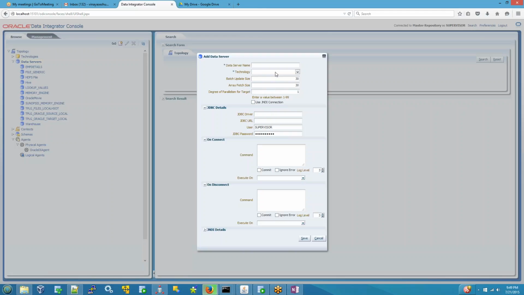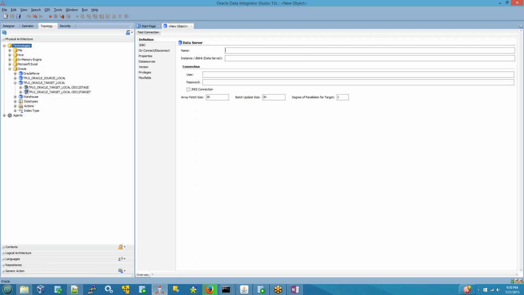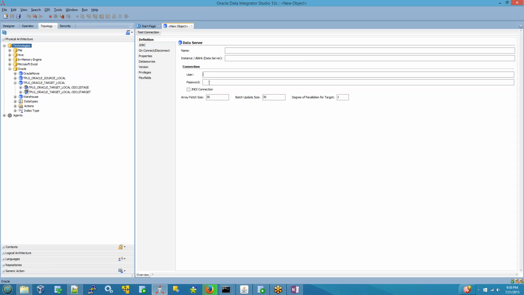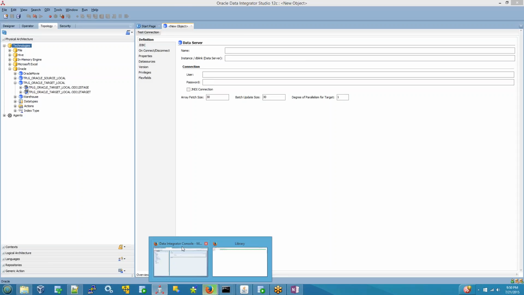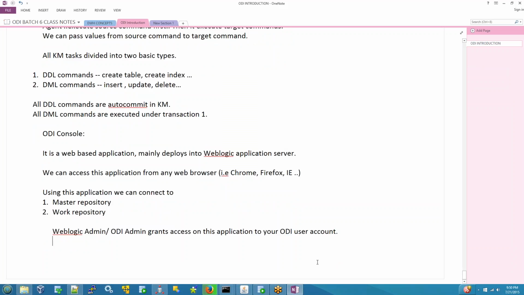If you create it, see here. What is the basic information? The data server name. Okay. What is the connection information? The JDBC URL, driver and everything. So the name, JDBC URL, username and password. The same information we can give here. It is not that useful, but some people do use this information also. So after connecting to the master repository or work repository,